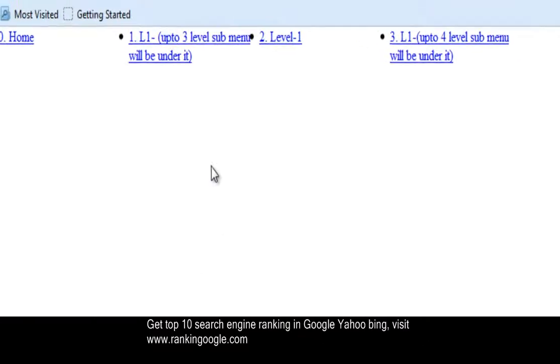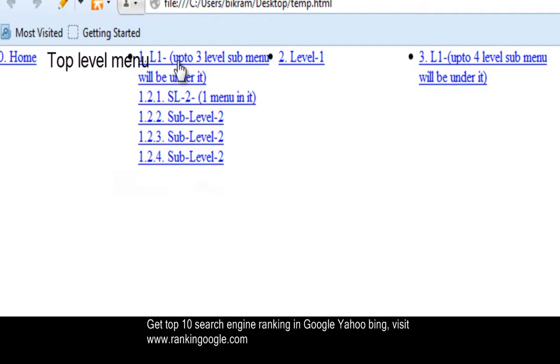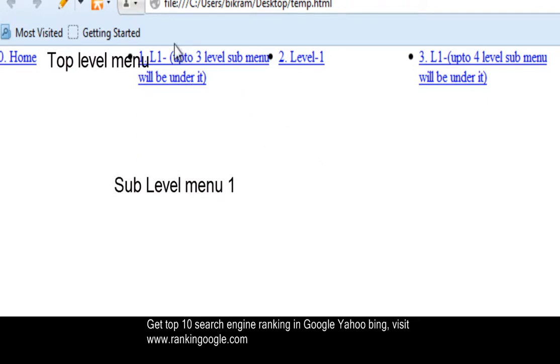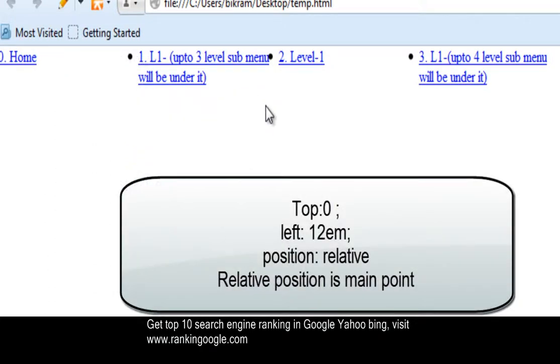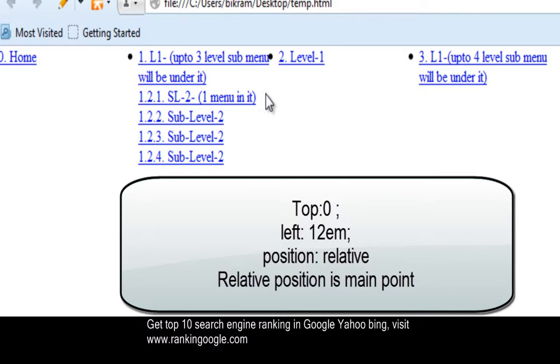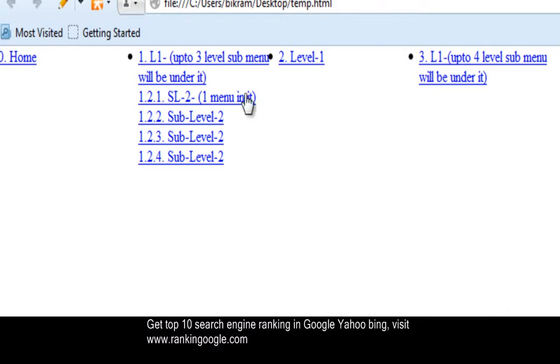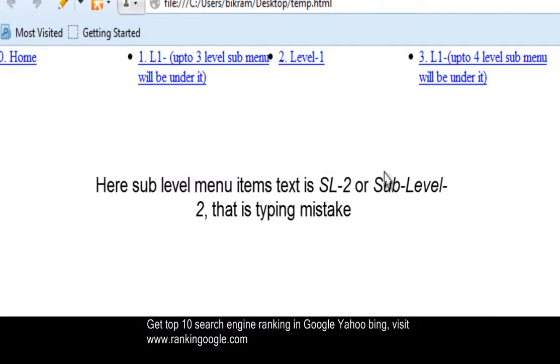So any menu under this menu will be shown here: left will be 12, the width of this menu, and top will be 0, because they will appear from here. The whole block will appear here. This is the main criterion.